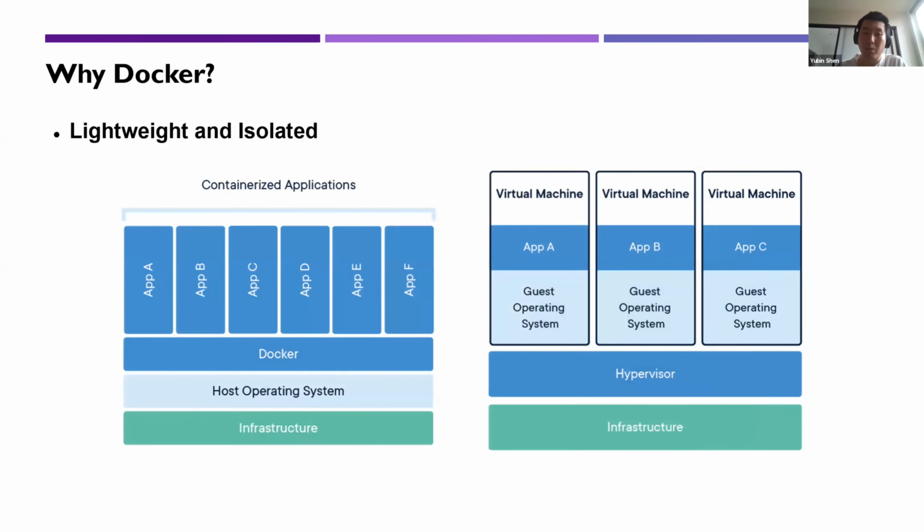Okay, so I want to mention more benefits of Docker. Here's the comparison between Docker and a virtual machine. I think the biggest difference between Docker and the virtual machine is how the resources are assigned. For the virtual machine, as you can see on the right side, everything is fixed. You have fixed CPU power, fixed memory, and fixed network access. However, sometimes the resources are wasted, so they're not fully used. Let's say your application only uses 50% of the CPU power, and the other 50% is wasted.